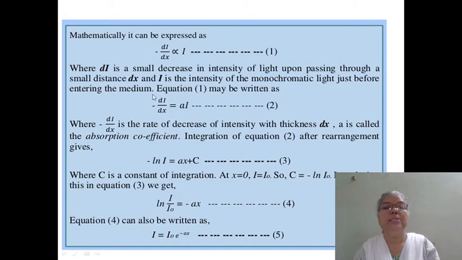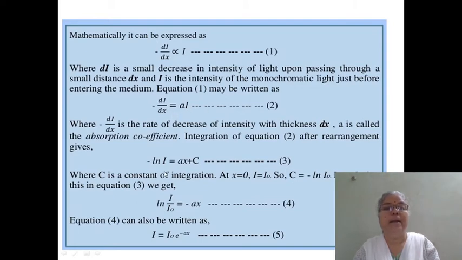Then rearranging this equation and integrating within proper limit, we rearrange this equation as di by I equal to a constant, which we keep outside the integration sign, times the integration of dx. Integrating this equation, the integration of di by I is equal to this constant into the integration of dx,